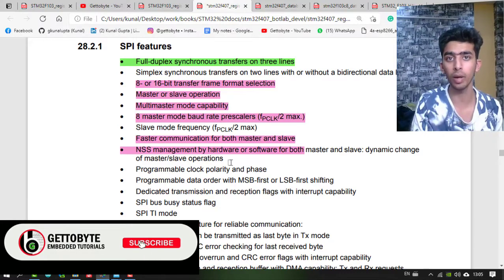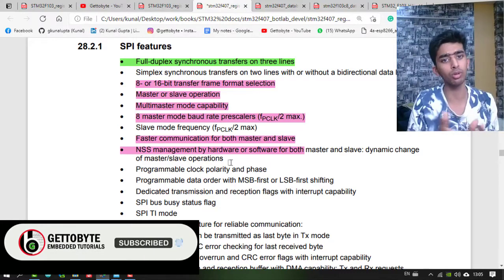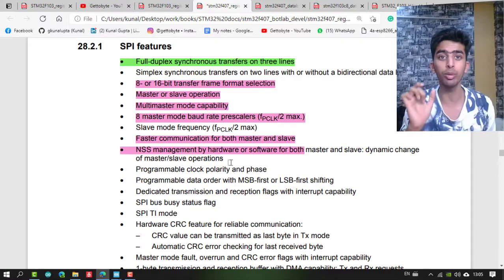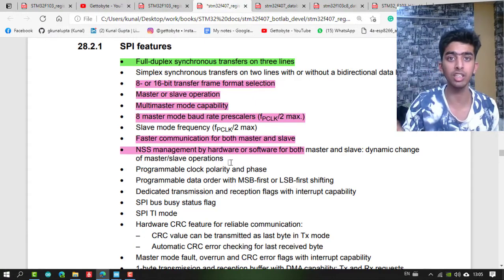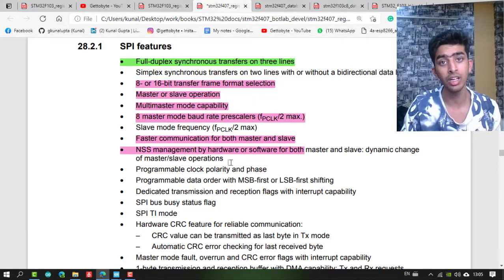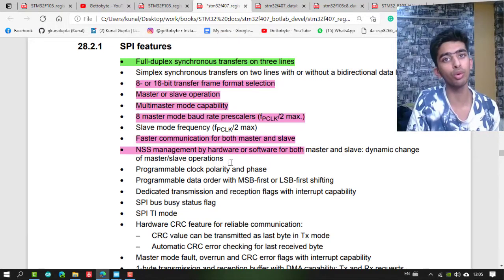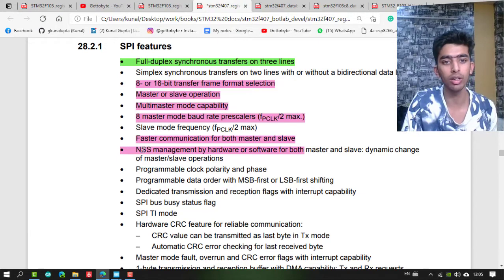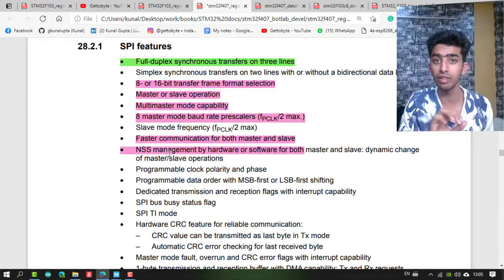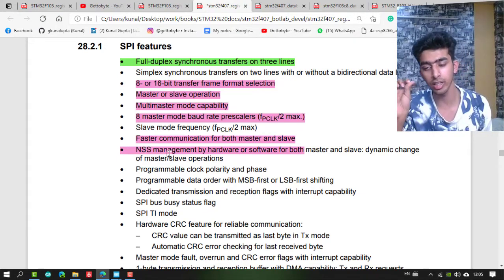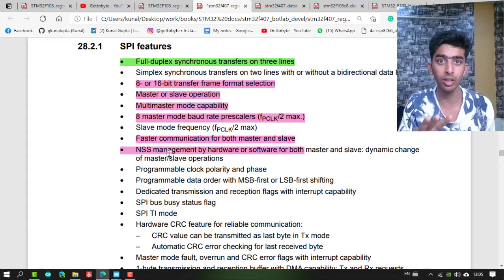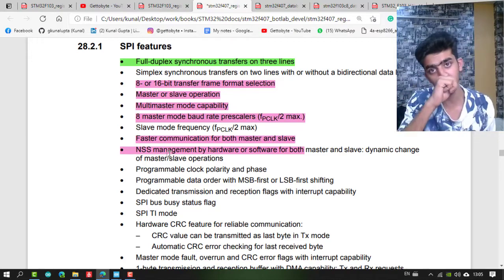In the STM32 microcontrollers, or on high-end microcontrollers, we have a feature where, without using the SCE chip on the onboard hardware, we can do this by software only. That is what we call NSS management, in which we don't need an extra chip select pin, only 3 pins: SCK, MOSI and MISO, and then we will communicate with the slave.